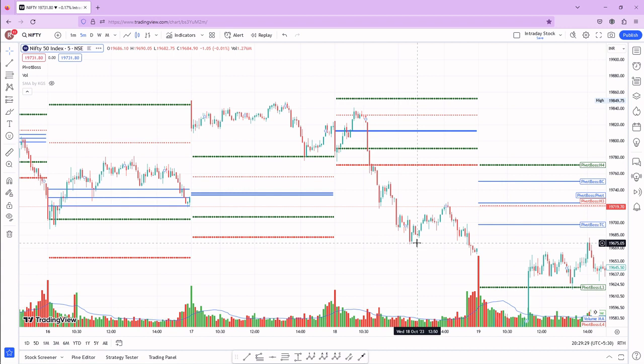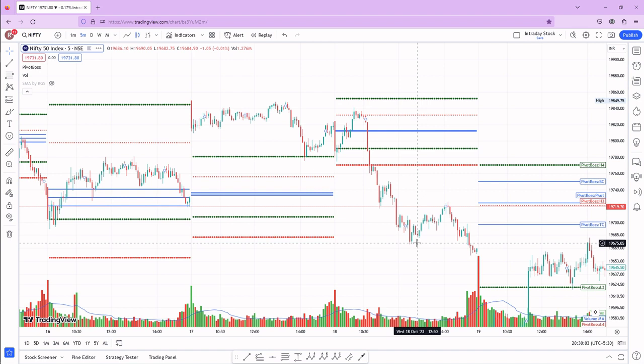So we know what pivot with forecasting tells us. If the CPR or the pivots are wide, it will be a trading range or sideways day. And if the CPR or the pivots or the Camarilla pivots are narrow, then we will be expecting a trending or breakout move to happen. If the pivots are abnormally tight, the market has a higher tendency to break out and trend.